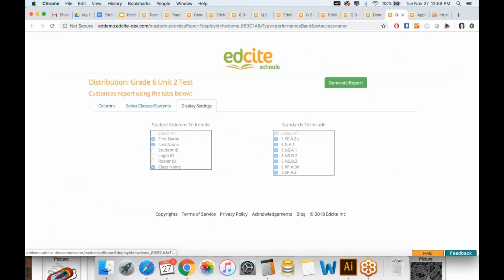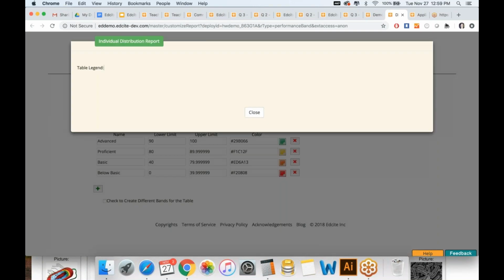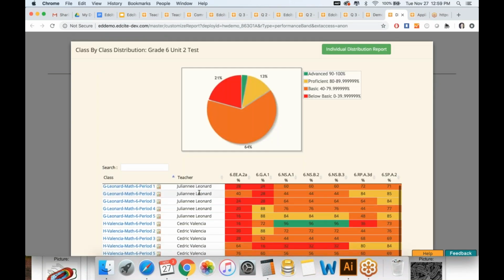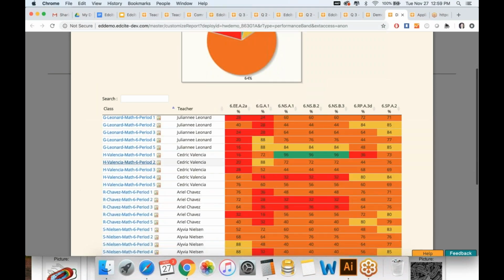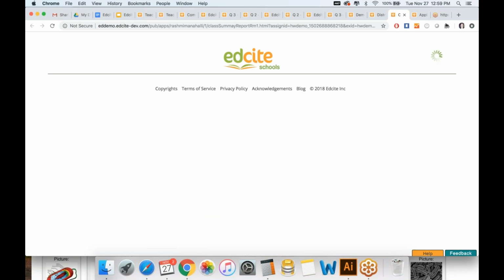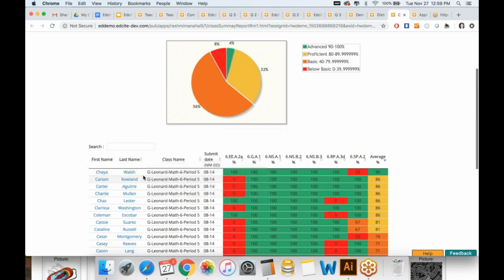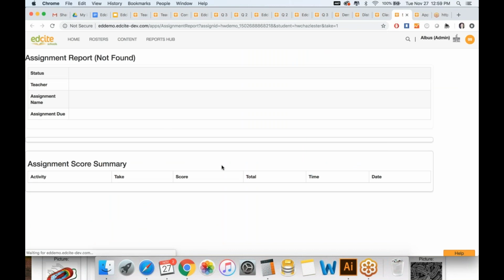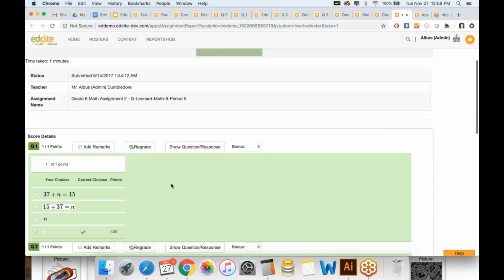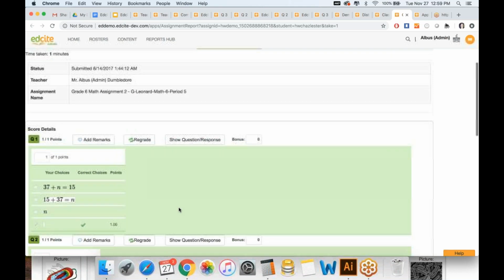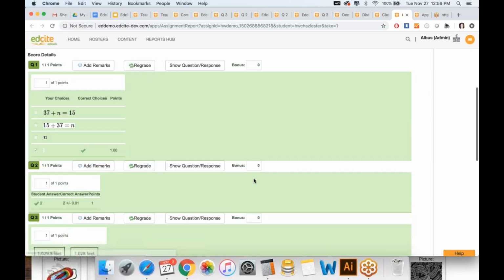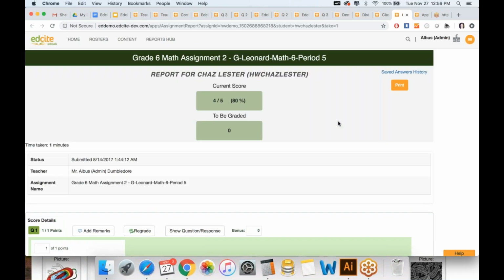And just to highlight, I'm going to generate this report. Let's say I were looking at standards based performance across all classes in my district. I can dive in to a particular class to actually get down to that student level. And I can also pull up individual student reports to see what answers a student selected and what type of feedback is there. So again, you're always going to have that highest level view, but we want you to be able to investigate your data.